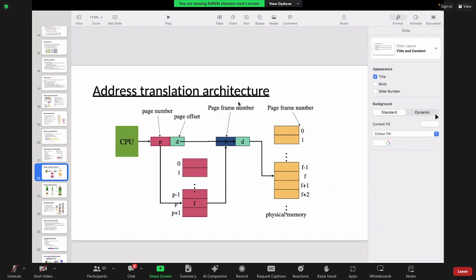So this is the address translation architecture, which we have discussed so far in detail. The CPU's virtual address is split into 2 parts: page number and page offset. This page number will help us point to the page table entry and the frame base address. From the page frame's base address, we then go with the offset. Exactly with this, we can get the respective physical frame address. Now again here, this is the page table entry.